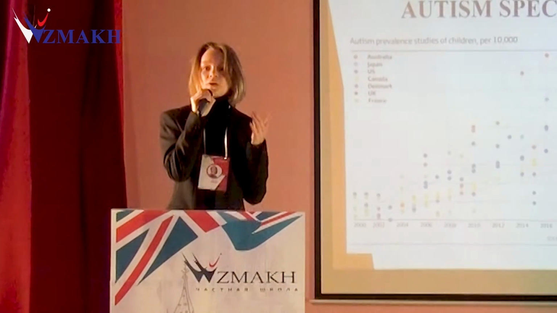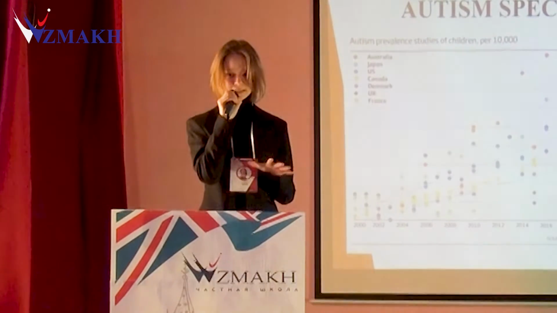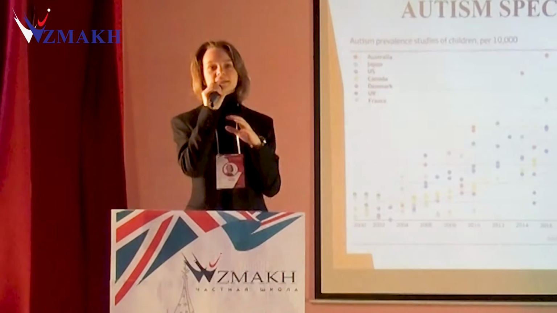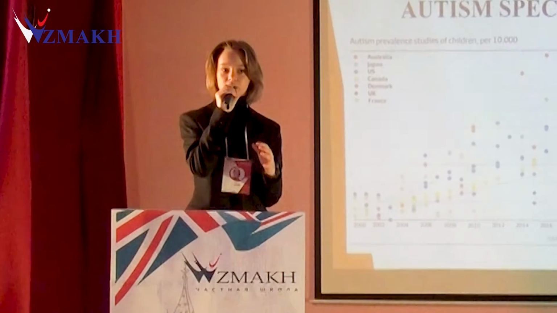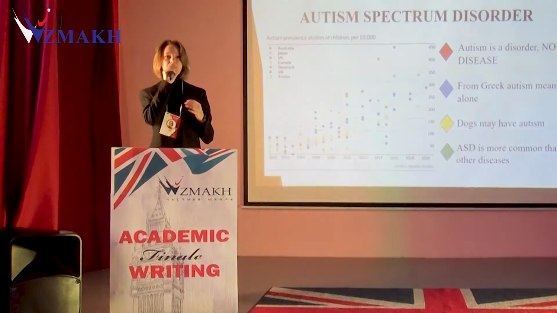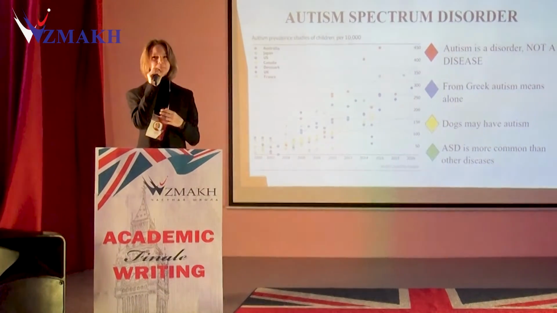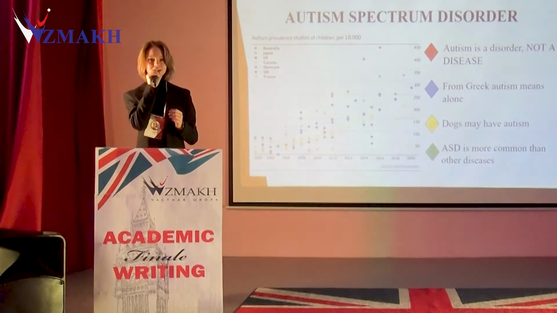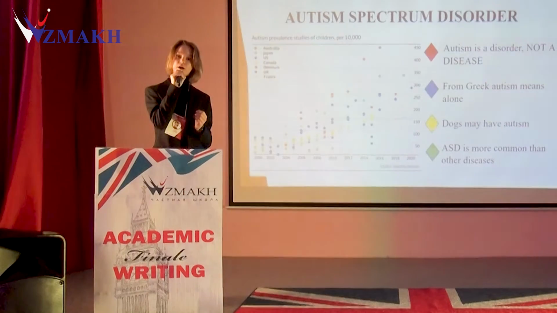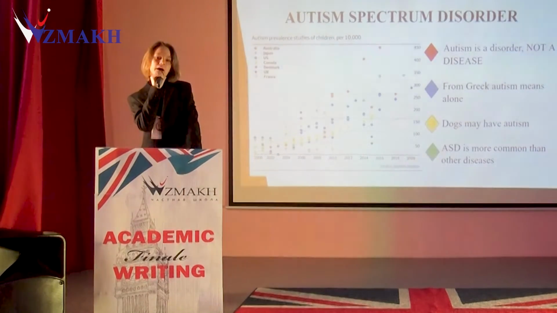What is autism? First of all, autism is a disorder, not a disease. The key difference between a disorder and a disease is that there is no cure for a disorder, while there can be a cure for a disease. Autism often affects brain functions, can delay development, and mostly affects communication skills and behavior. Autism spectrum disorder is often accompanied by problems with sensitivity, and so an autistic person may have, for example, sleep disorders, attention issues, depression, or anxiety.